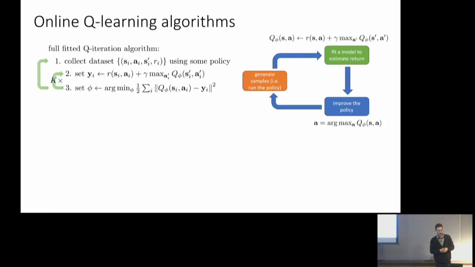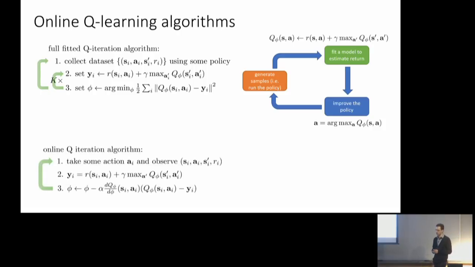Okay, so we'll come back to the theory a little bit later, but now let's talk about some more practical points about this method. So I went through this general full fitted Q iteration algorithm. You can actually, for particular instantiations of n, s, and k, get a version of this algorithm that is fully online, just like we had an online version of actor-critic last week. So the online Q iteration algorithm is going to look like this.